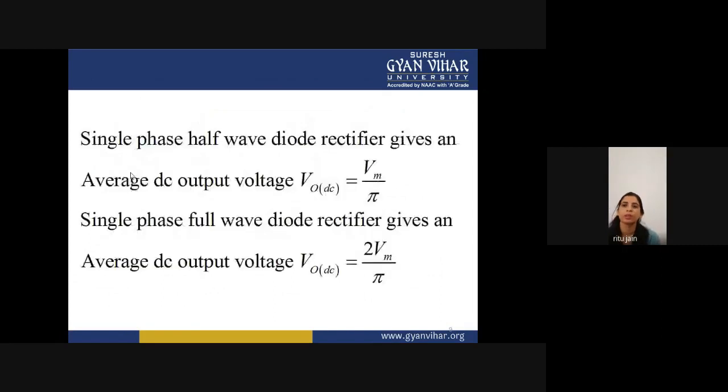Now we will discuss the half wave rectifier and full wave rectifier. So, what is a half wave rectifier? A single phase half wave diode rectifier gives an average DC output voltage equal to Vm upon pi. We will discuss it later when we draw the waveform of the half wave rectifier and analyze it, and you will see that the output voltage you get is equal to Vm upon pi. Single phase full wave diode rectifier gives